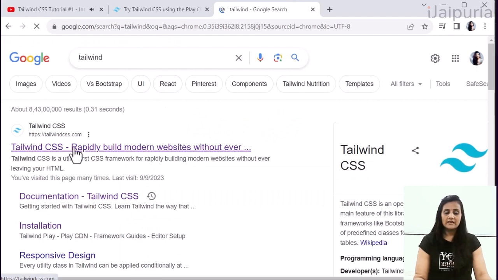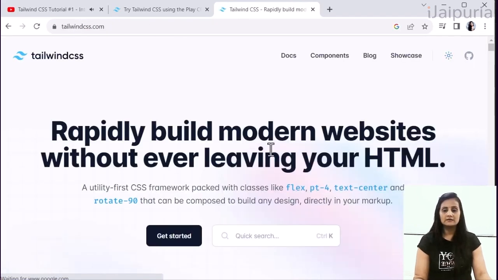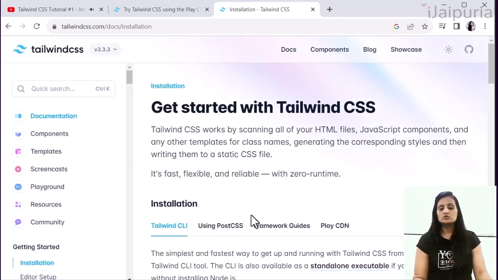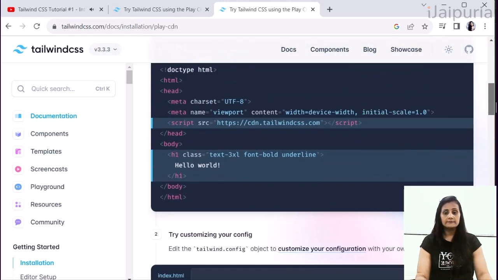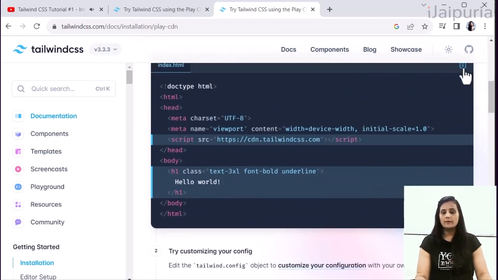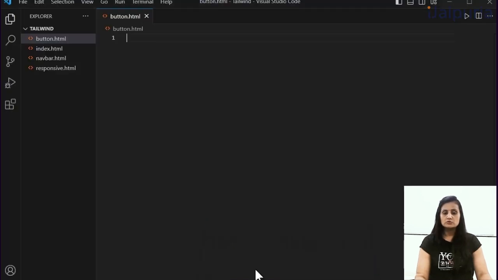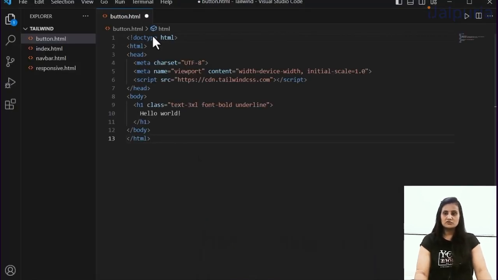Once this is there, you can click to get the official site, Get Started, then CDN, because we are working on the CDN. And here we have the code. Simply copy, bring it back to your VS Code and paste. So here we are, ready with the code.